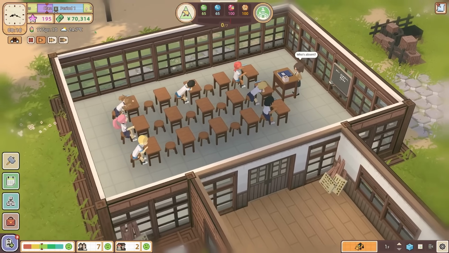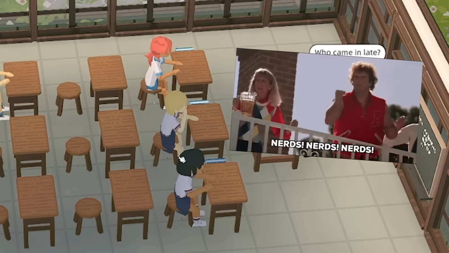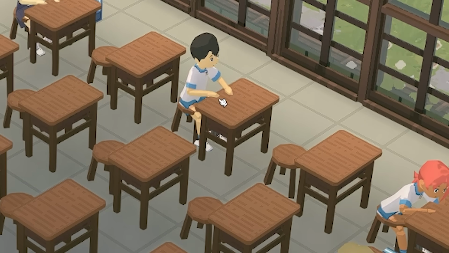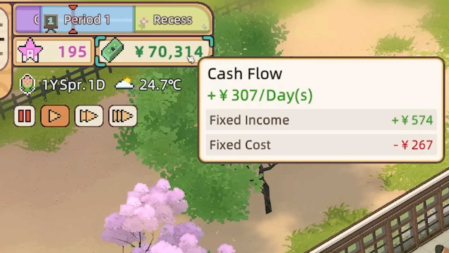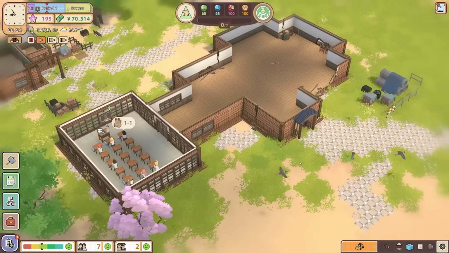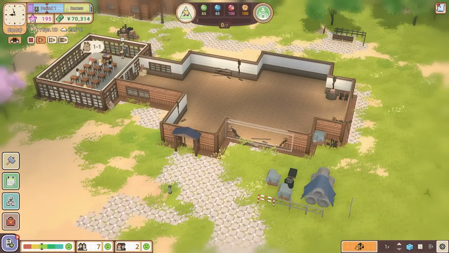But oh, look, the kids have actually spread themselves out. We got smart ones at the front. We got the cool kids at the back, and we got the average kid who's asleep in the middle. No, he's awake. He's awake. You can see our cash flow. We're making 307 quid a day, which is pretty good, which means I can probably spend some money cleaning this